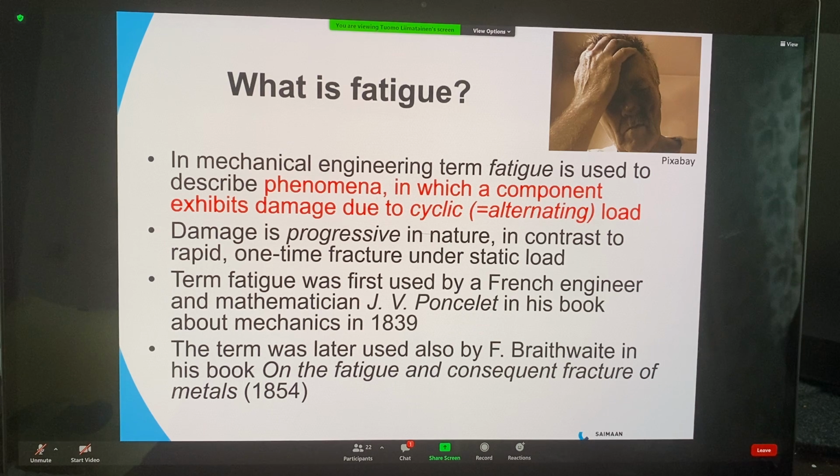And this damage is on the contrary to the static breakage. This fatigue damage is progressive in nature. So it will take time and multiple cycles to